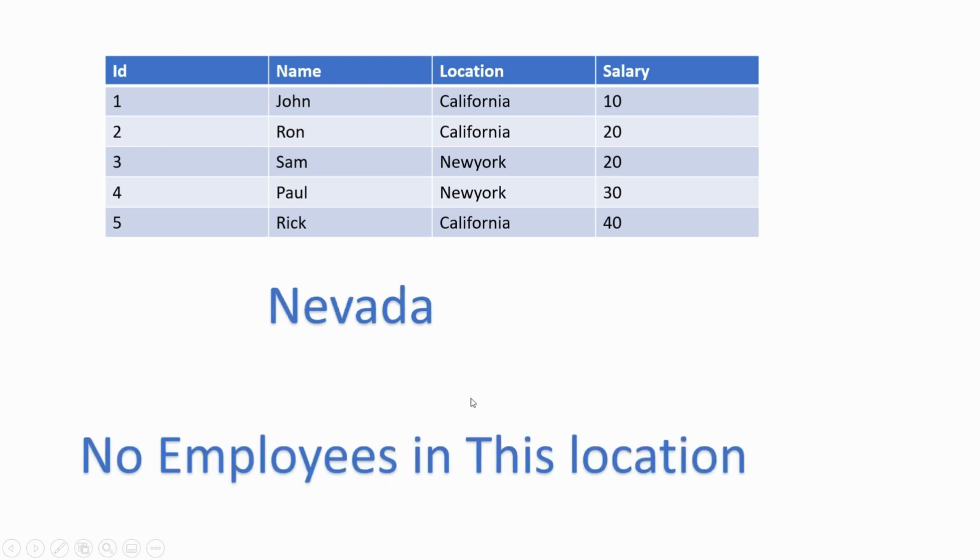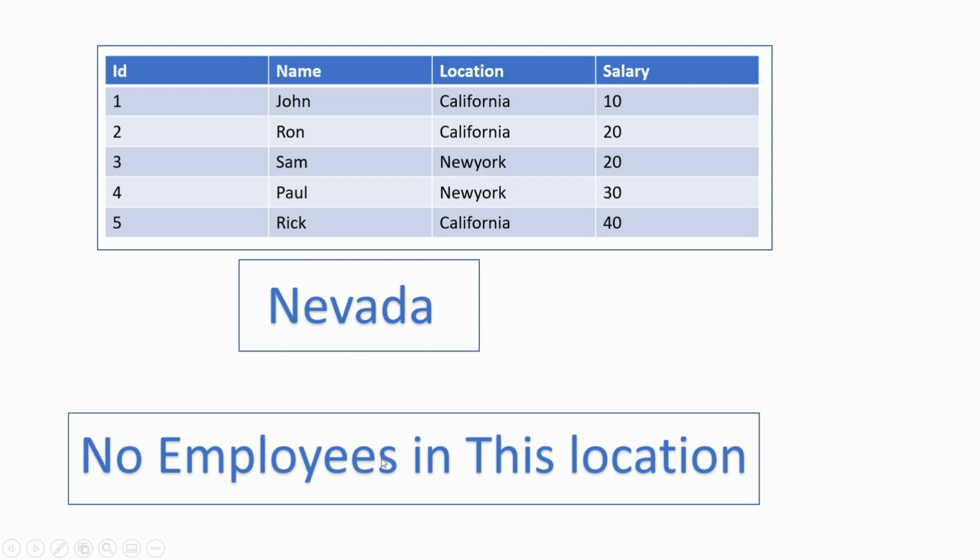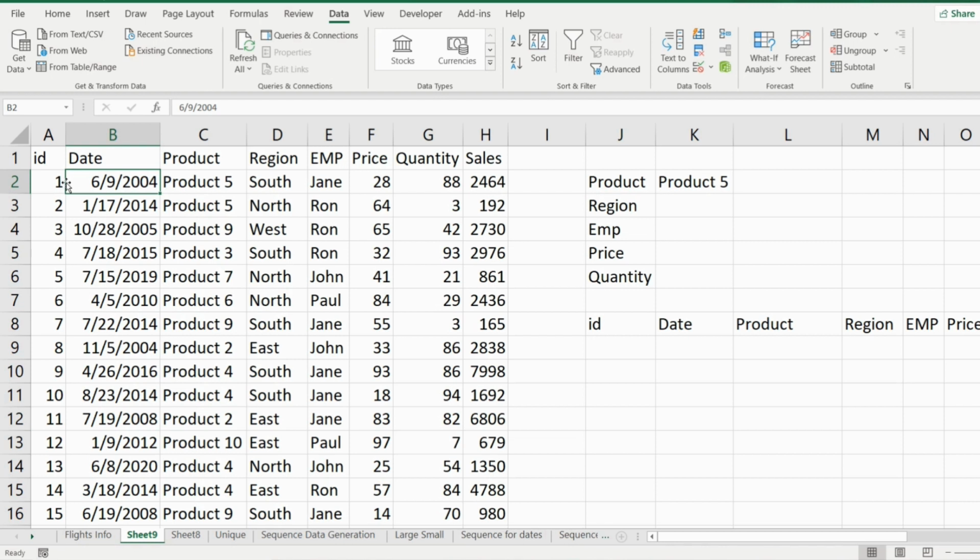It can take three parameters as input. The first one is the array we want to filter. The second one is the criteria on the basis of which filtering should happen. And the third parameter is an optional value which will get printed in case no match is found for our filtering criteria. Let's understand this more with a few examples.